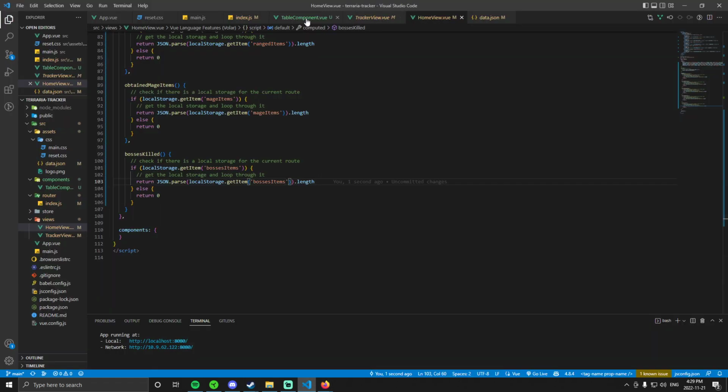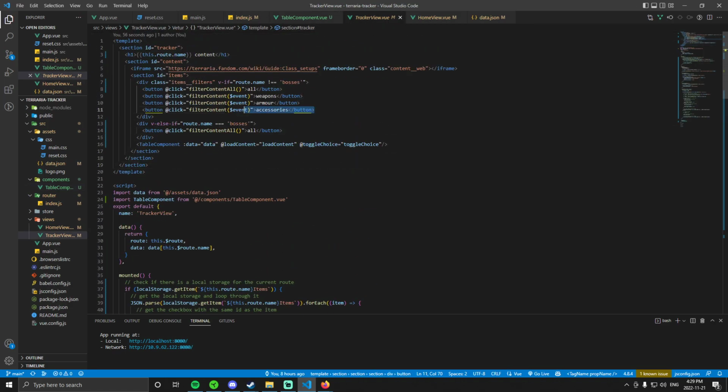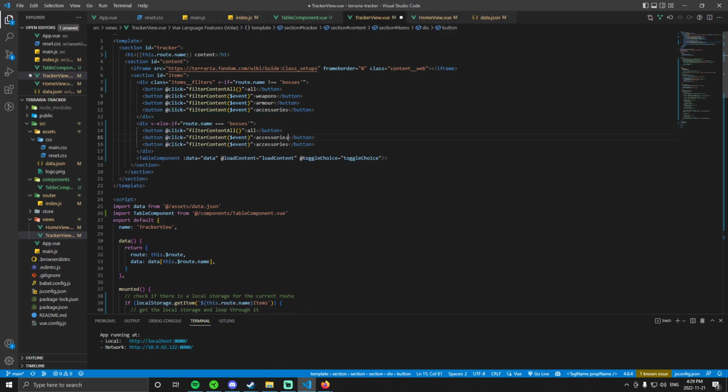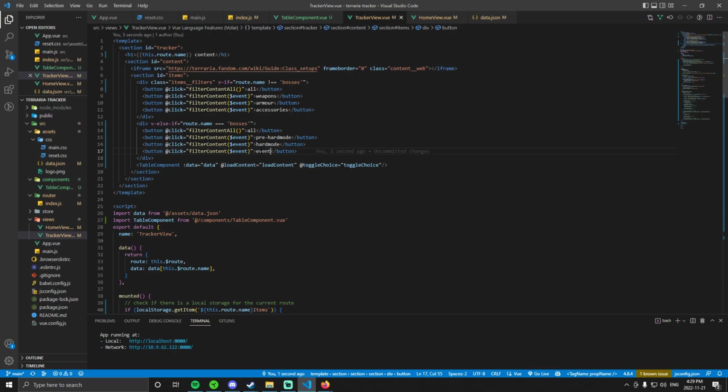So what's happening now is it's using the same components. Oh, right, the filters. So now, what I should be able to do actually is take this and do pre hard mode and hard mode. So this should just filter fantastic, and then do the same thing as event for event. Great. Now I could just make this a component as well,